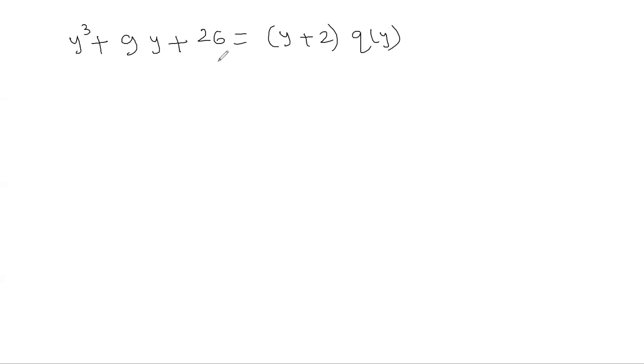Okay, and from the factor theorem we know this is a factor, right? That means this polynomial is perfectly divisible by y plus 2, right? So the remainder is 0, so you can very easily get q(y). So you are dividing a cubic polynomial by a linear polynomial with leading coefficient 1, right? So in this case, we'll use synthetic division to divide this by y plus 2. Okay, so let us apply synthetic division. So what are the coefficients present over here? It is 1. After that, the coefficient of y square is 0. Then it is 9. Then it is 26.